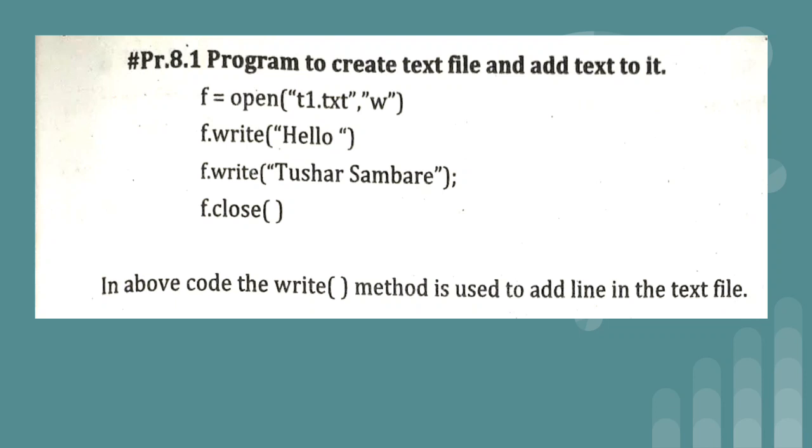But currently, if you want to create a file and add some content, then create a file with the help of the open method and just open the file in write mode by providing the second parameter as W. Then now we want to write something, that is, add some text. So to add text in a file, we make use of the write function. So f.write in round brackets, within double quotes we have written hello.